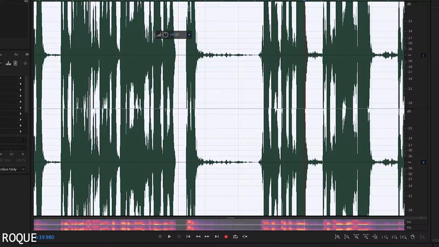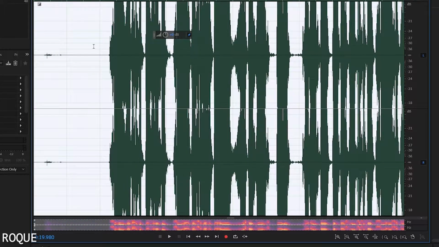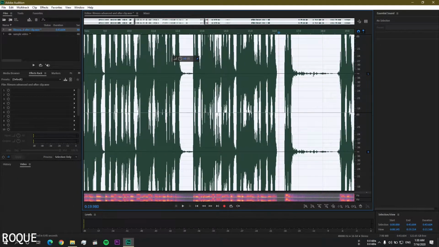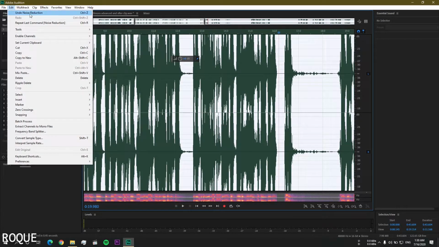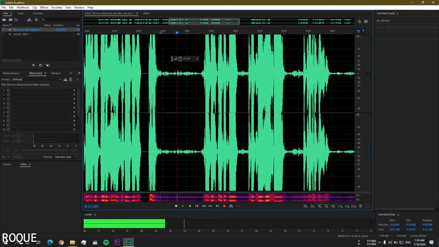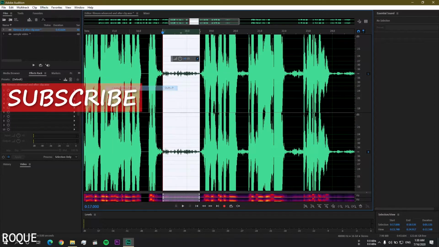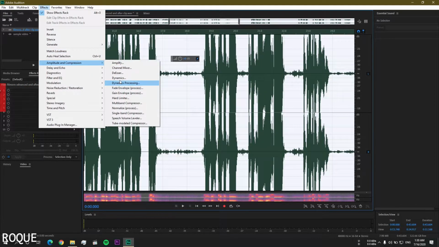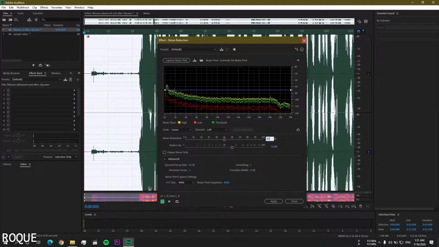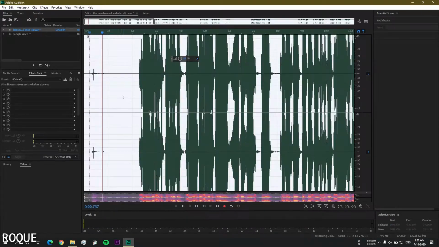Hit OK. Let's see what it looks like. So yeah, audio is not completely cleared, but so again I'm going to undo this, and I will capture this noise by pressing the Shift+P, and again I'm showing you manually. Okay, noise reduction I'm going to set the 60, and the again value, that is a 30, and now the spectrum decay rate is also the 65, that is by default.